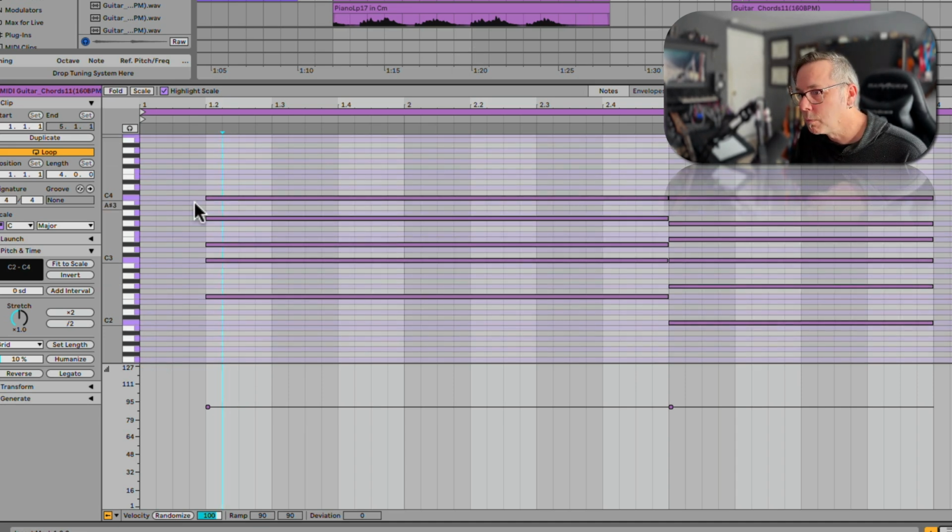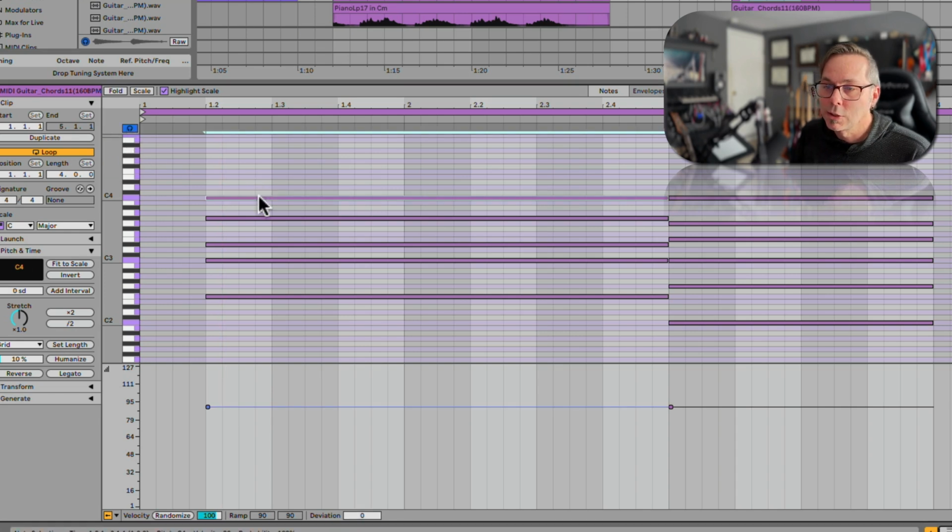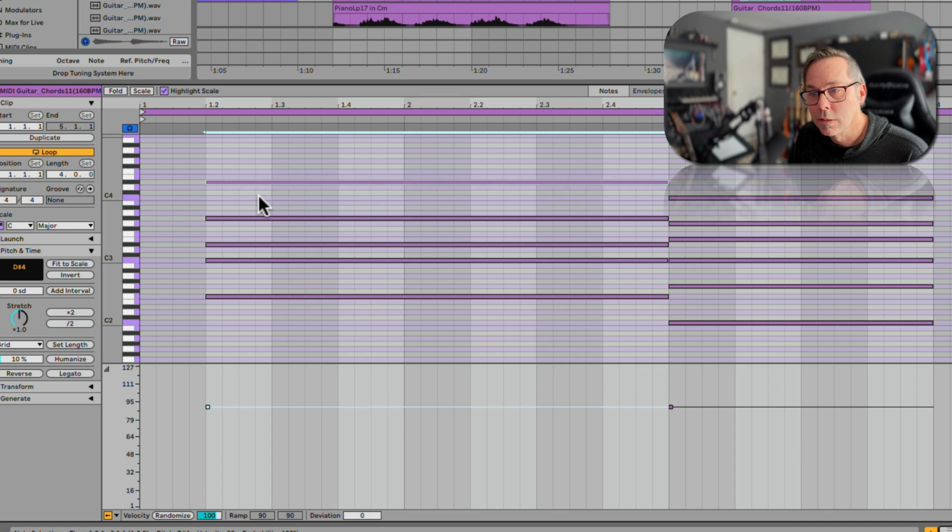Okay, one other important thing I want to show you in the piano roll editor before we leave here is this little headphone thing here. Now, what that means is that is just like this one from the browser. Remember, in the browser, what that meant was I can audition clips, right? If it's on. Here, if I turn it on, I can audition notes. So if I move a note around,